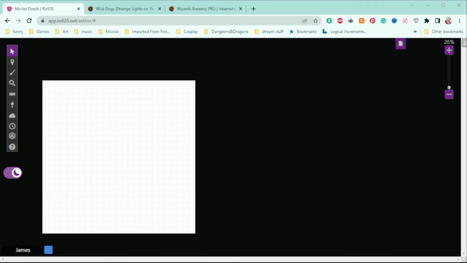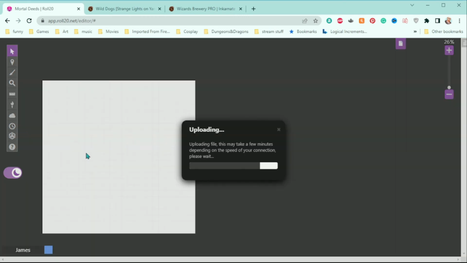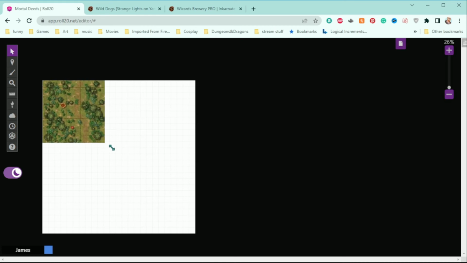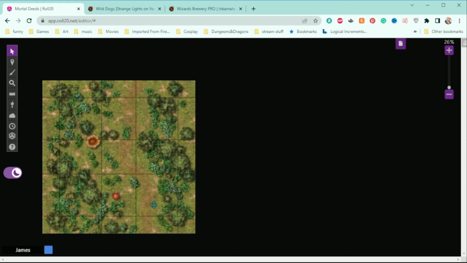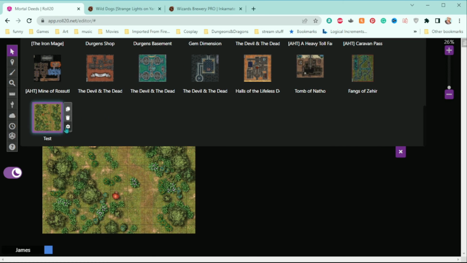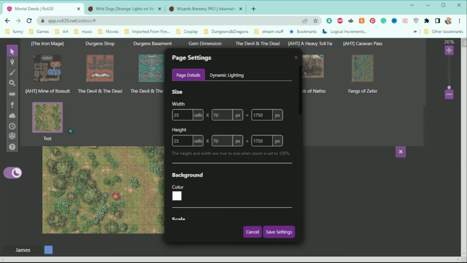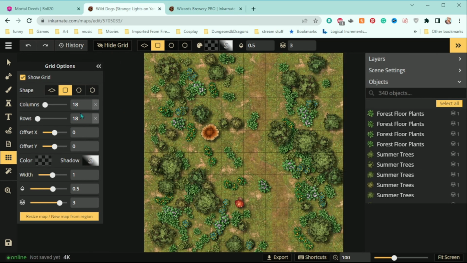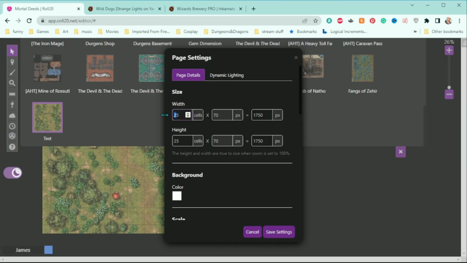Let me bring it over there. As soon as that's uploaded, just resize it to your canvas, right click it, send it to the map, resize it, and then go to page toolbar, go to set page settings for the map you want. For width and height, you want to put the exact same number that you see in columns and rows here, 18 by 18. So you want to put 18